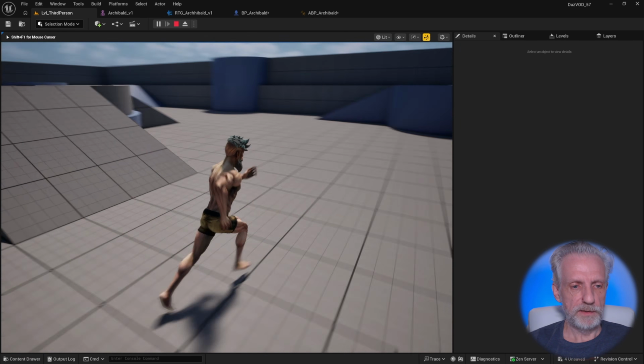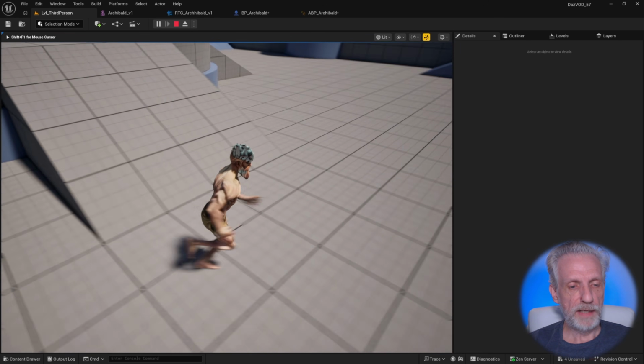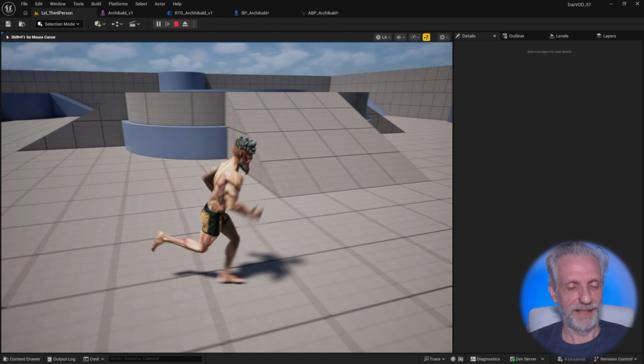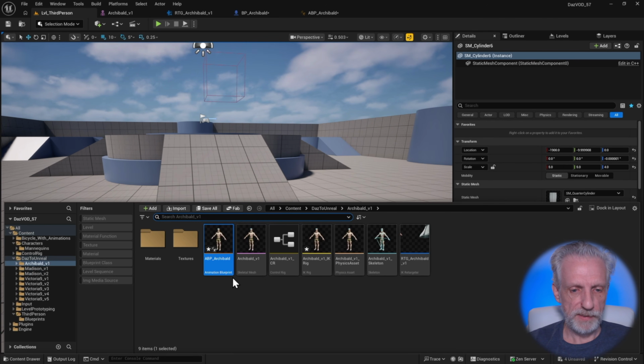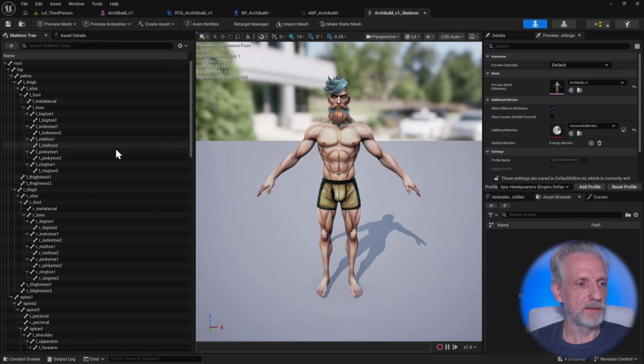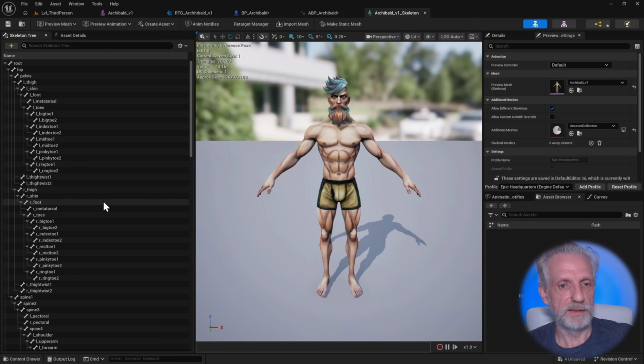Perfect. Now about this convert to Epic skeleton, let me show you where that is and how you're supposed to use it. Maybe you have better luck than I have. I know David is still working on it, but right now, if you examine the Archibald skeleton itself, you'll notice that this is exactly the same hierarchy as the Daz skeleton, so it hasn't changed. And there is a way for better compatibility to have a skeleton that is exactly the same as the Epic skeleton. But because there was a naming change, this automatic recognition doesn't work anymore as it did in Unreal Engine 5.6. And just in case Epic make another change, looking at the UEFN skeleton and all that,